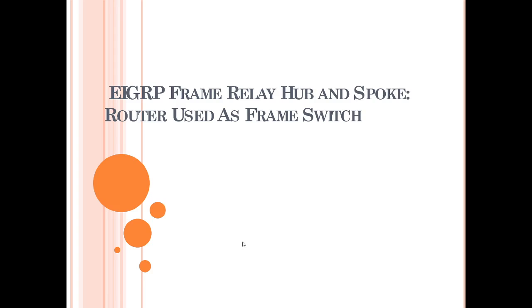EIGRP is normally used in routers, but the part is that we can use it as a frame switch also for ourselves. And the important part for that is that it has been used in many different areas to support the network and that we should be connected with each other. So having said that, we will go to the next slide,